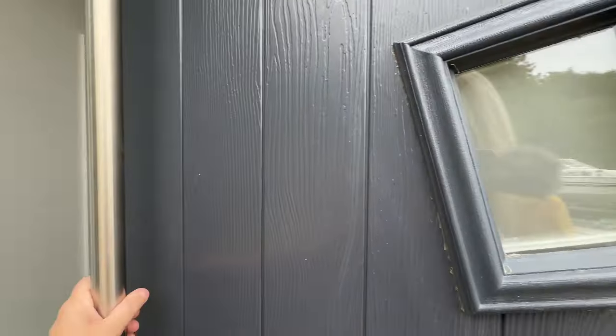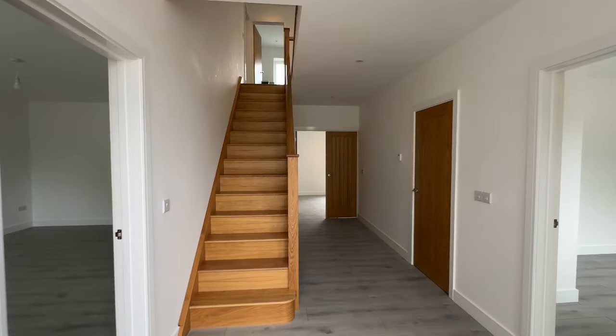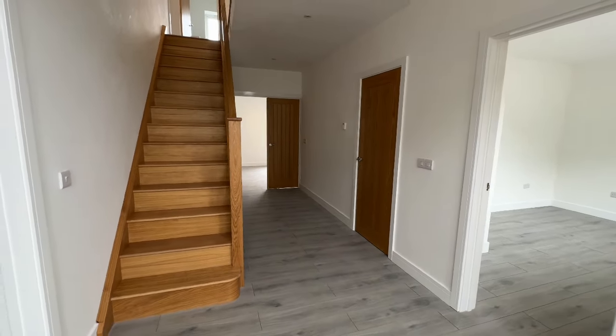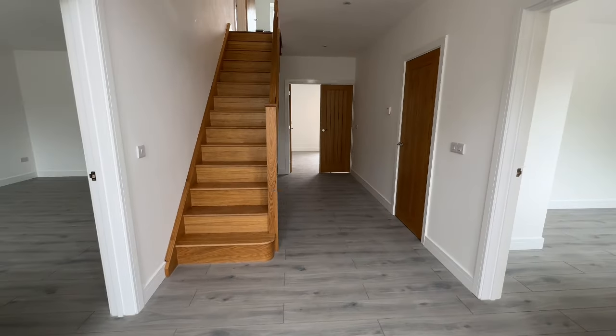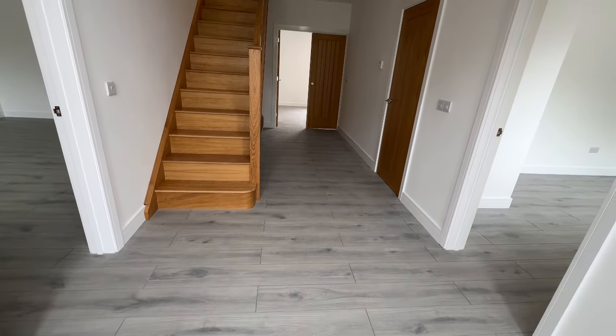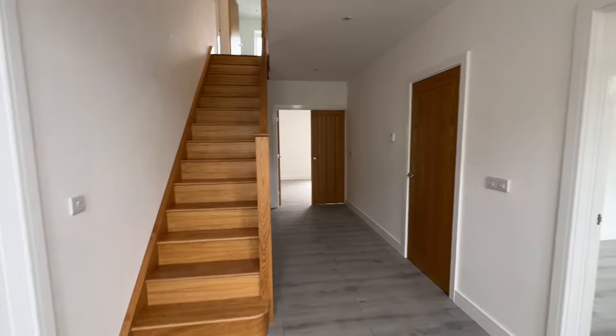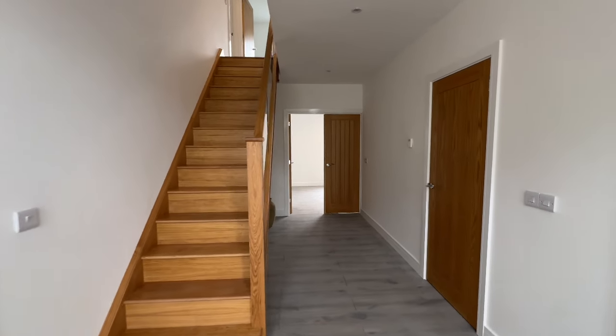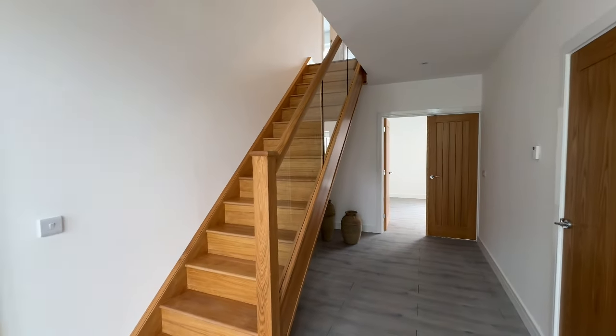So a great space, and the room you can see as we walk in is absolutely beautiful. The entrance hallway has got doorways leading off to 2 reception rooms and through some double doors into the kitchen. There's underfloor heating throughout the ground floor, and there's been lots of oak used. So we've got oak doors throughout and a lovely oak staircase with that glass balustrade leading up to the first